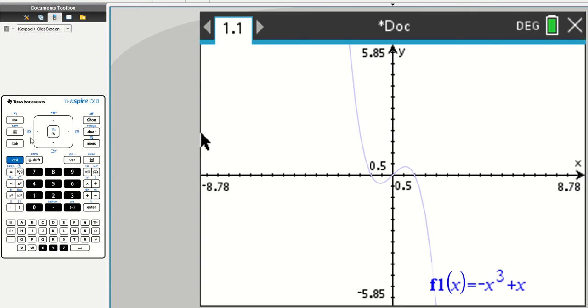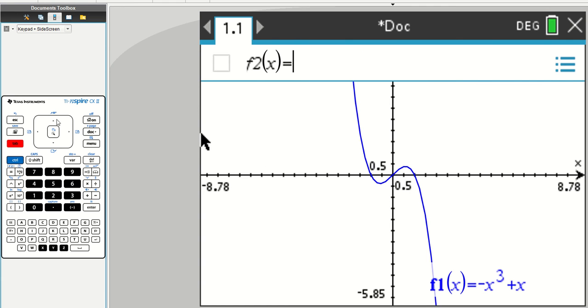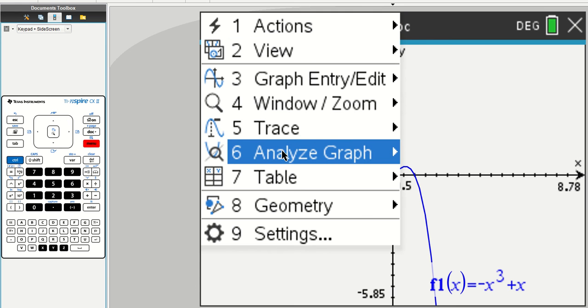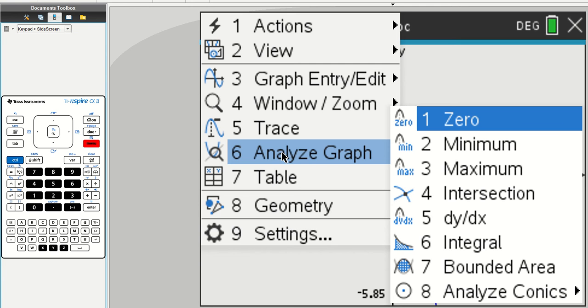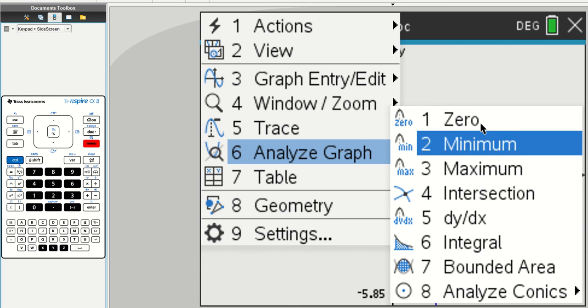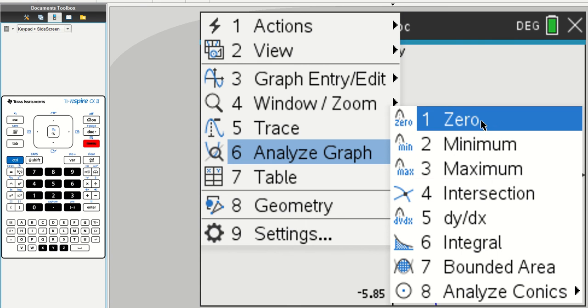So how we do that is we have our graph, right? So we type in our equation, we hit enter, we graph it. And then after that, we're going to go to menu. We want to analyze our graph. And when you hit analyze graph, you're going to see this submenu pop up, right? So, and it gives us all of these different things that the graph or the calculator can do for us,